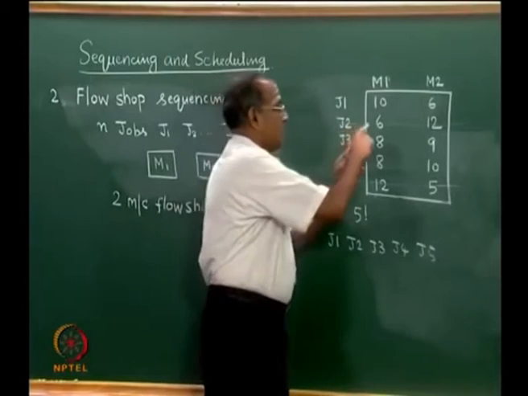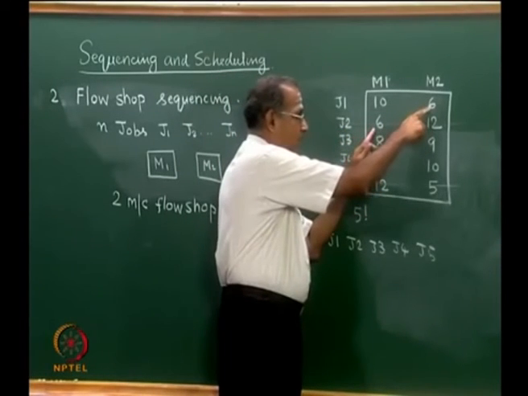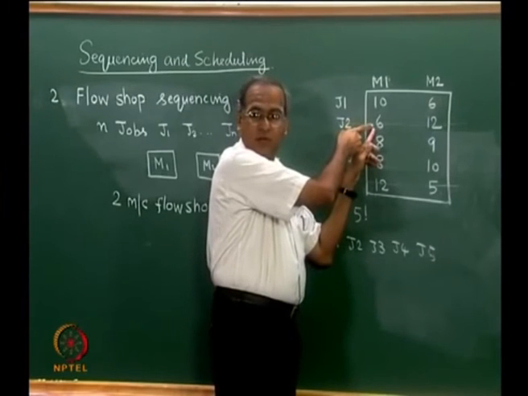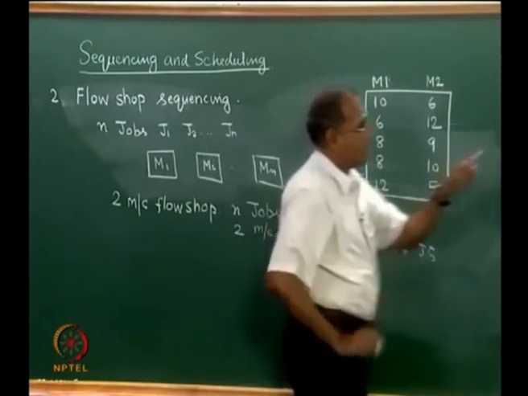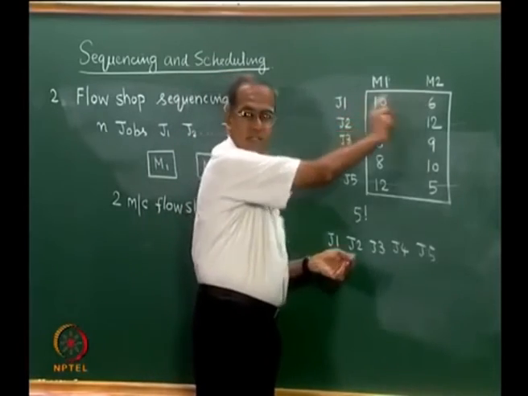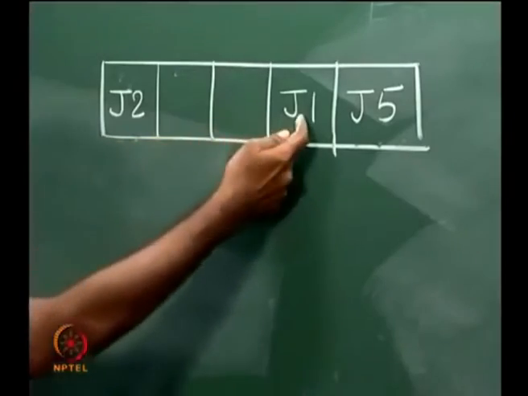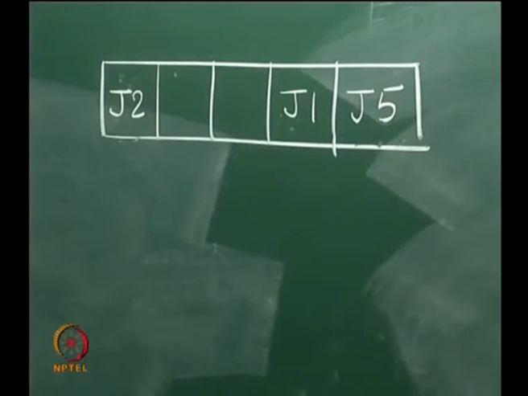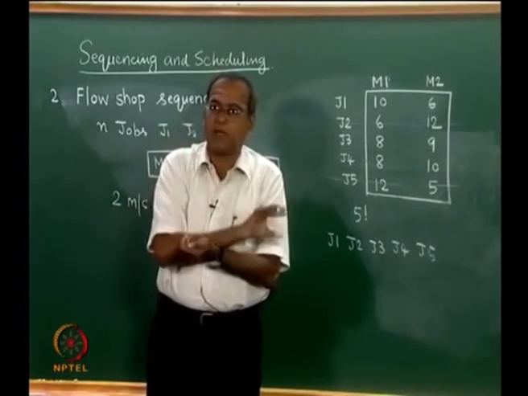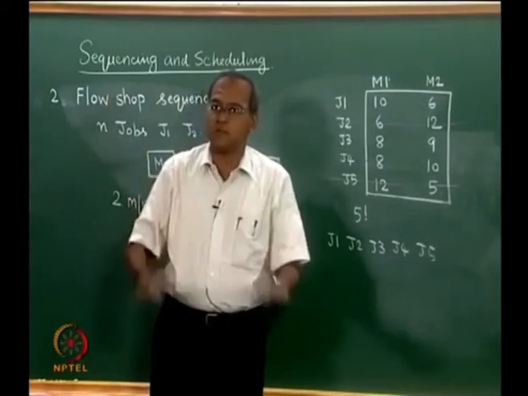Now, at this point we realize what we said earlier. We had the minimum coming here for J1 on M2 and the minimum coming here, which is J2 on M1. We first took this and we put J2 here, and then we ended up writing J1 here. If we had taken it the other way, we would have taken this first, then we would have written J1 here and then J2 would have come here. The sequence has not changed, because the smallest number happened to be on M1 for a particular job and on M2 for some other job.